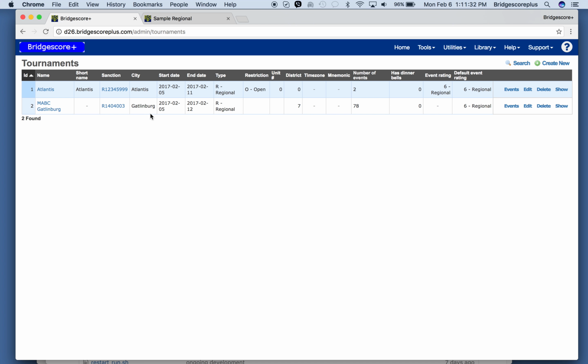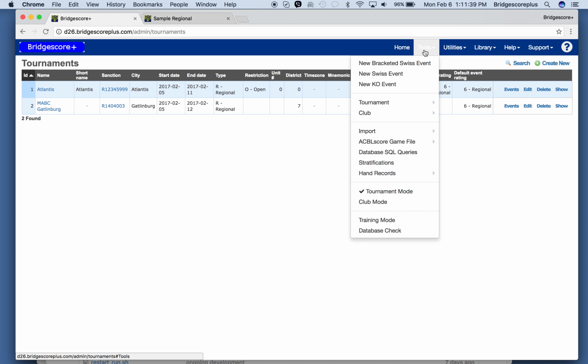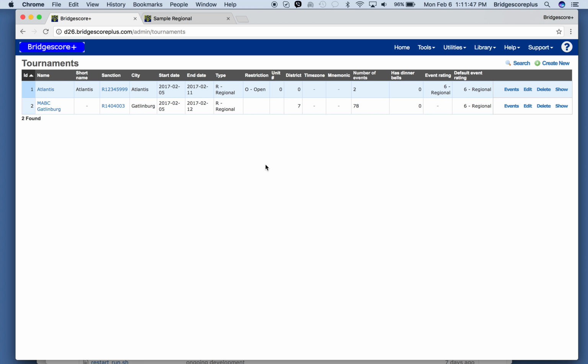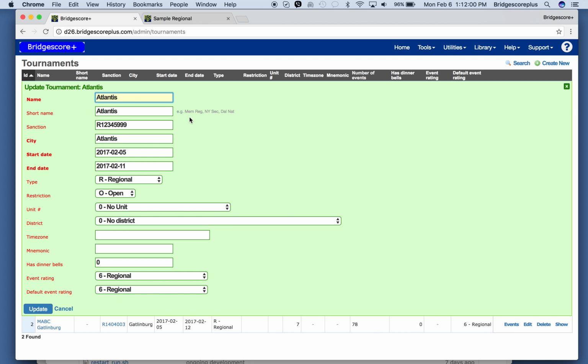And let's say for whatever reason there was a bug in the software that meant that I was unable to change the sanction number. Obviously I could change it from edit this tournament and change it there, but let's say that there was a bug in that screen. So these support tools allow a way for the support staff of interacting more directly with the database. It's not something you should ever do, simply because some of these fields, an example here is a numeric field, and you may not know exactly what those different fields are. Sometimes they are provided,